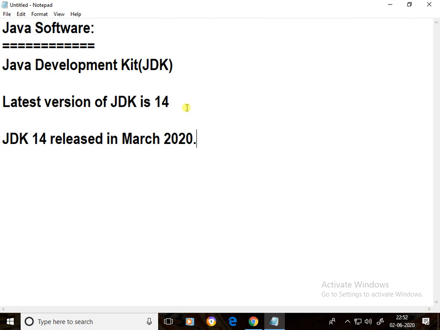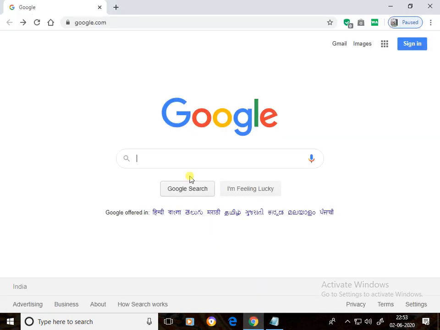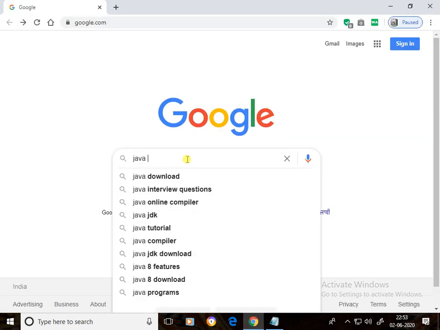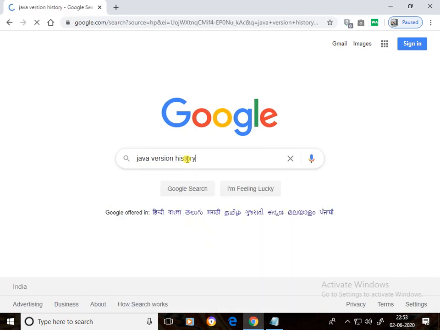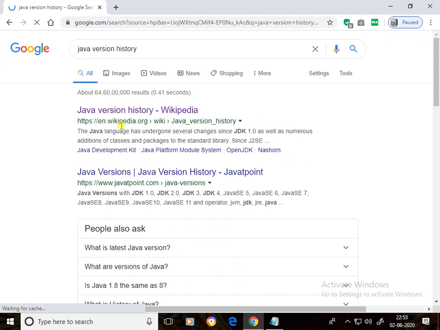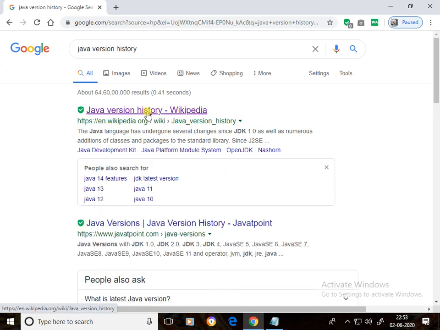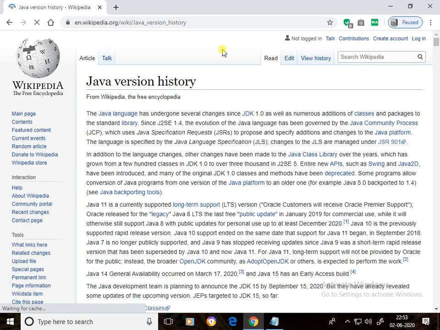Open Google and type Java version history. In the first link, Java version history from Wikipedia, just click on this hyperlink and scroll down.